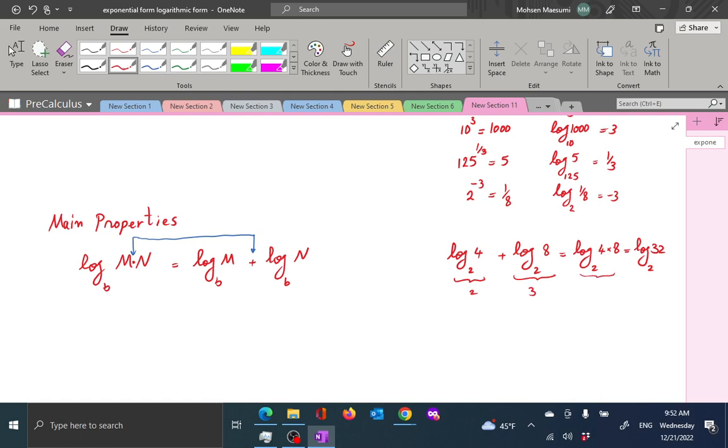So what this rule of logarithm says is the reverse of something you had in your Algebra 1. If you have b to the power of m times b to the power of n and you want to multiply them, you add the two exponents. Now since the logarithm extracts the exponents,